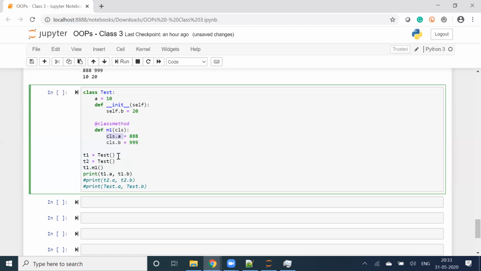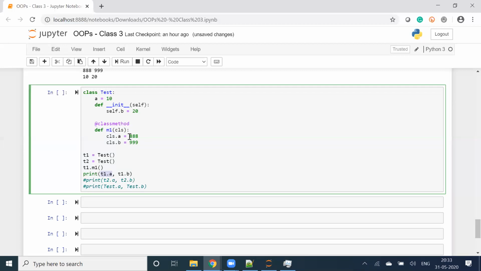Then what will happen? I create an object t1, call t1.m1, and print t1.a. Now t1.a will always give first priority to an instance variable. But do I have any instance variable with the name a? I don't, right? That means it should give me the static variable.